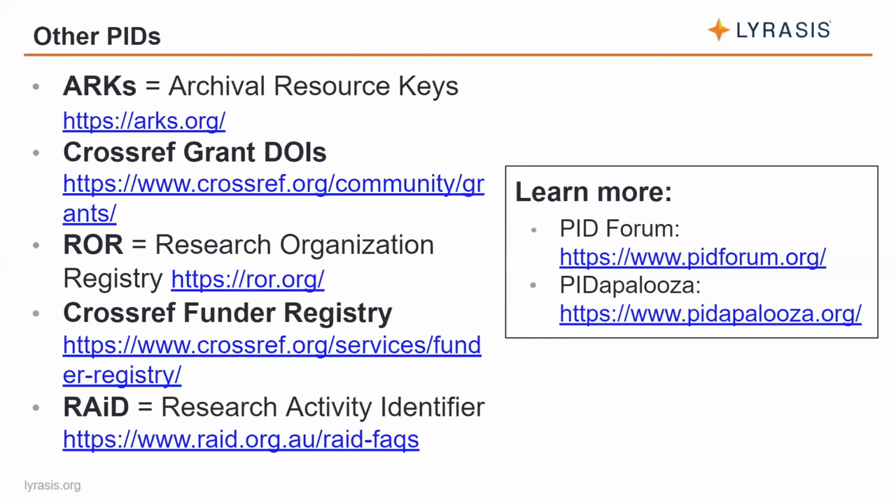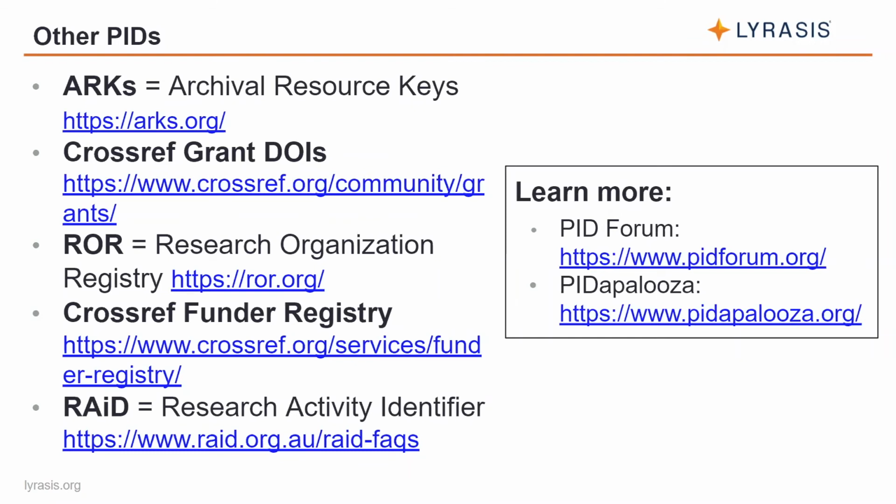Now, just so that you're aware, there are many other types of PIDs besides ORCID and DOIs. For example, there are ARCs, which stands for Archival Resource Keys, which can be used similarly to DOIs, but they don't require the same metadata that DOIs require. So ARCs can be assigned to any person, place, or thing that does not already have an identifier. For DOIs specific to grants, if you're working with grants at all, the Crossref organization is now helping funders assign